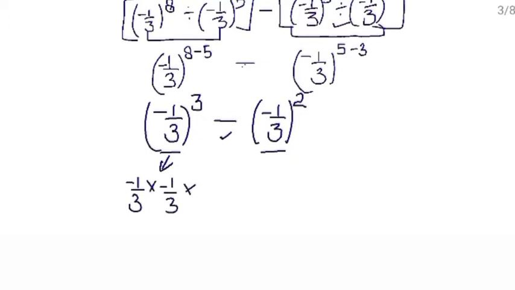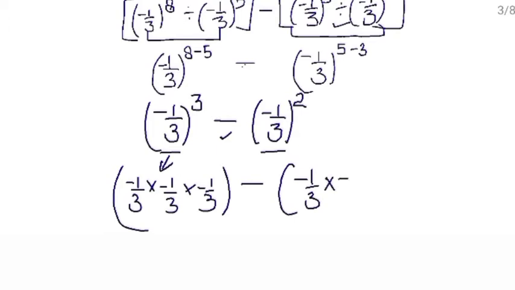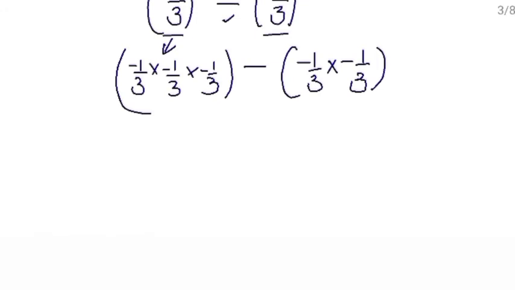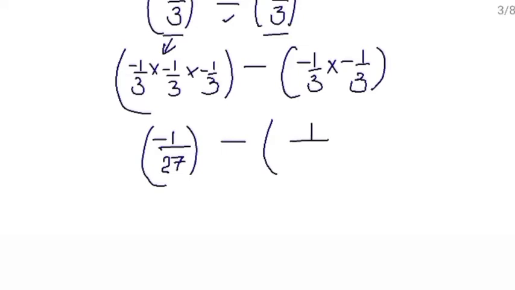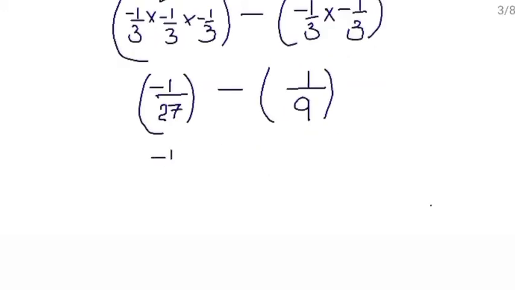Minus 1 upon 3 multiply minus 1 upon 3. Here minus 1 upon 3 raised to the power 2 means minus 1 upon 3 will be multiplied by itself 2 times. Multiply it here. 1 multiply 1 is 1. Minus sign is occurring odd number of times, so put minus sign here. Denominator is 3 3s are 9, 3 9s are 27. Minus, 1 1s are 1. Minus sign is occurring even number of times, so the answer will be positive. 3 3s are 9. Now open the bracket. Minus 1 upon 27.